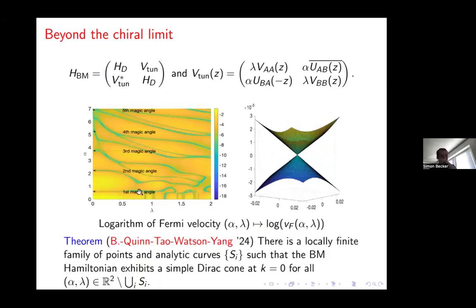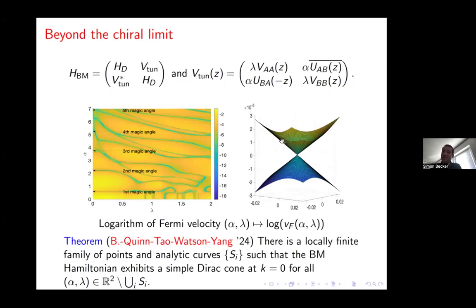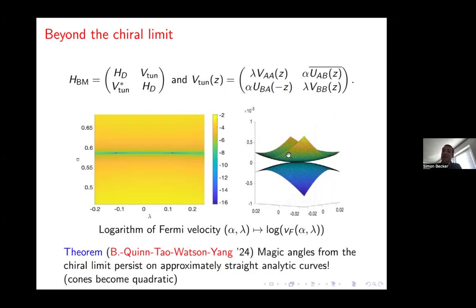Can we understand why these things are stable? And the answer is yes. So magic angles from the Carroll limit, in some sense, and this is now just in rough terms, just to avoid technical details here, they persist on approximately straight lines, meaning the first derivative vanishes. And so what you see in the Bistritzer-MacDonald Hamiltonian is that if you don't have a magic angle, you have this Dirac cone. If you have a magic angle, you don't have a flat band, but you have some quadratic